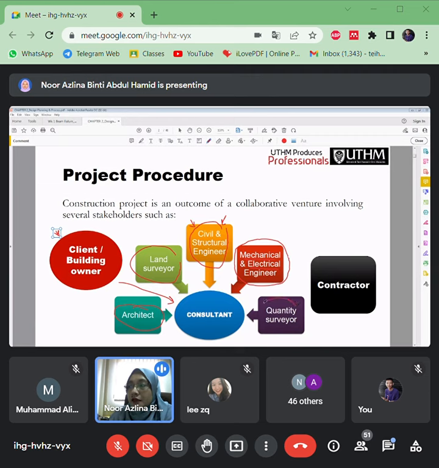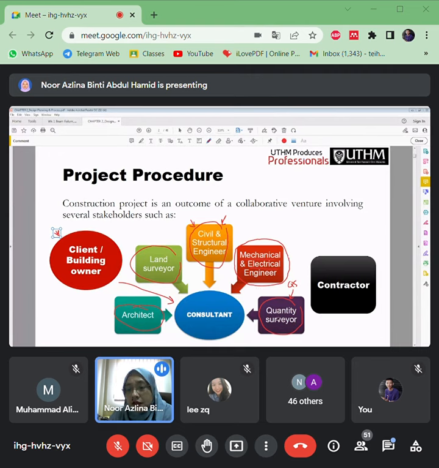Okay, and then the quantity surveyor here. We always call them QS. They are responsible for the costing, the BQ, if you are familiar with the BQ, the bill of quantities: all the costs, the materials, the workers, hours, labor, and so on.